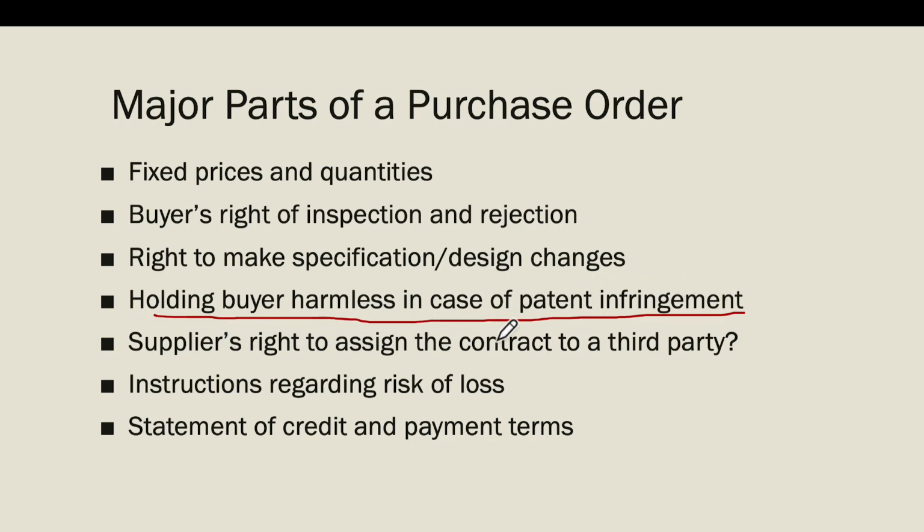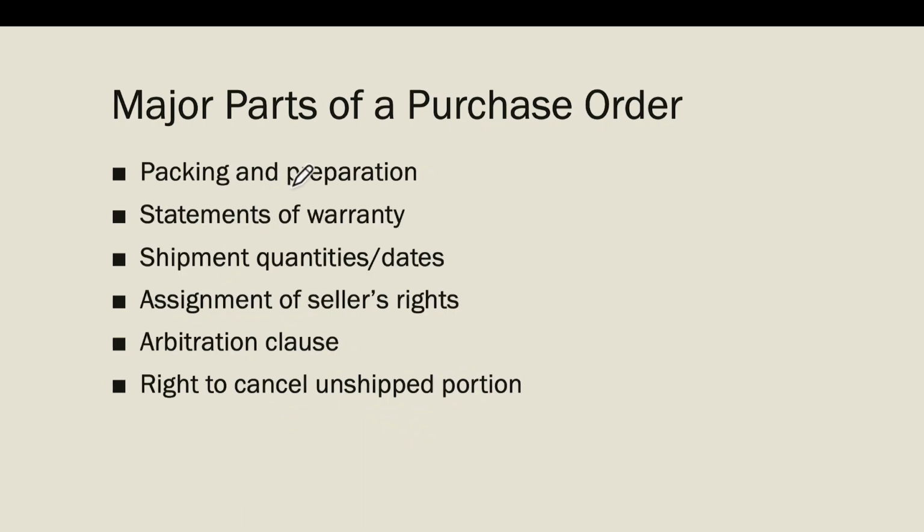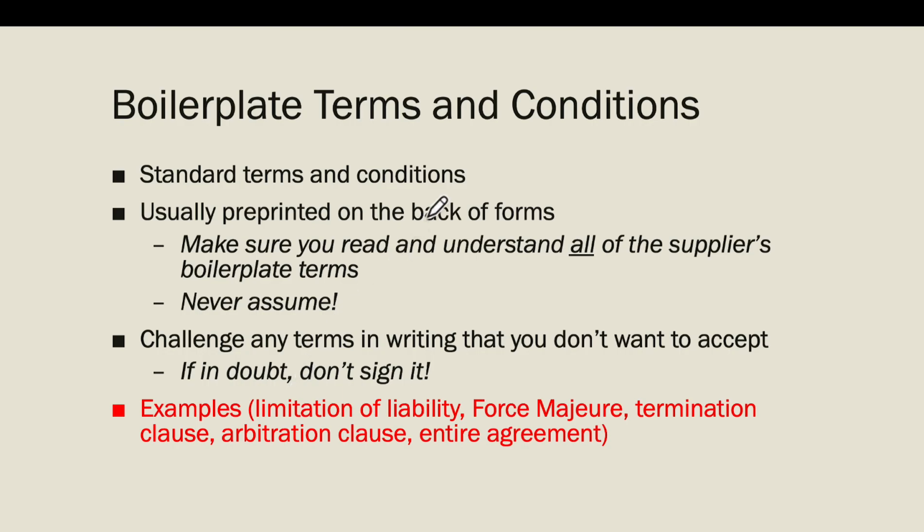The supplier's right to assign the contract to a third party will be discussed in the purchase order, along with instructions regarding risk of loss and how payments will be made, packing and preparation, statement of warranty, shipment quantity and when they would be received, assignment of seller's right, and if something goes wrong, how that problem would be resolved, and the right to cancel the unshipped portion. And then there are some boilerplate terms and conditions which are usually mentioned on the back of